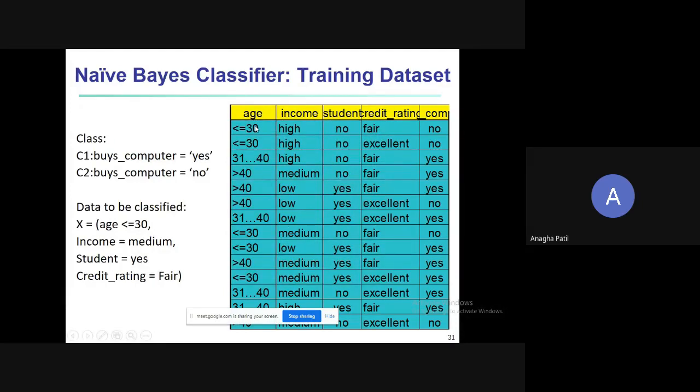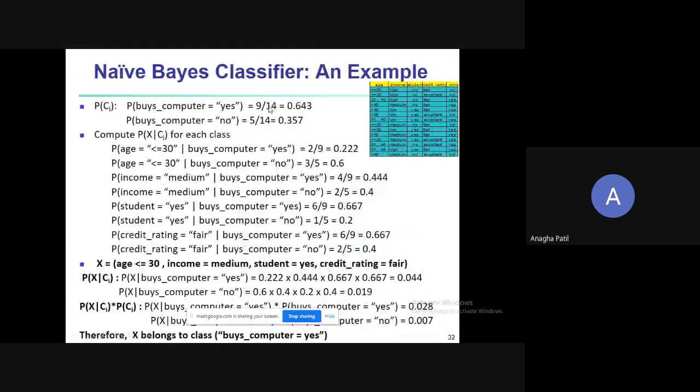Let's say there are 14 samples, out of which we calculate how many are yes and how many are no. Let's say that out of the 14 samples, 9 say buys computer is equal to yes, so we've calculated that probability. And out of 14 samples, 5 say buys computer is equal to no, so we calculated that probability also.